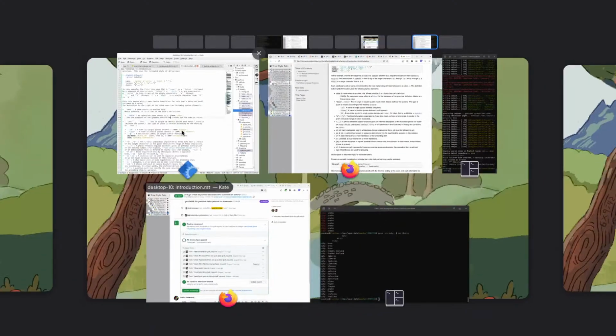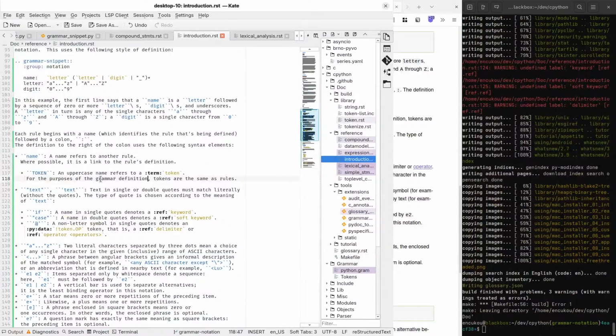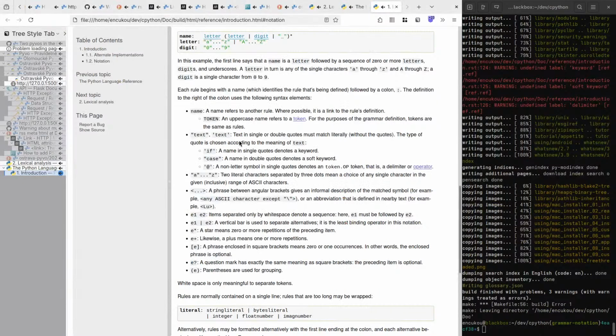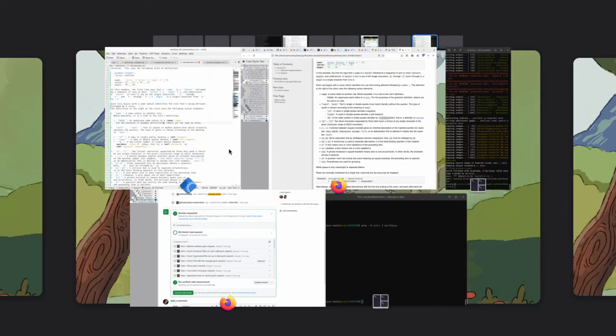I guess there's more grammar definitions. Right, text in single or double quotes match literally without the quotes. Oh, that's cool. I didn't realize that. Okay.